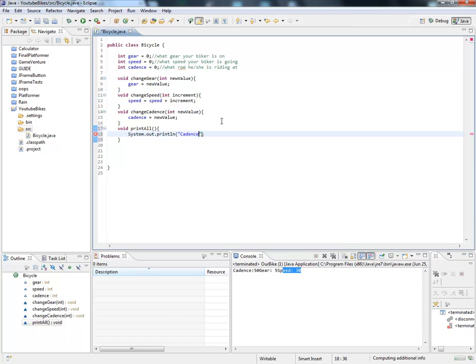We're going to do cadence. Well, actually, let's just do this in order. Gear, space, plus a gear, plus speed, plus cadence, plus cadence. And what I'm doing in here, and I hope you understand this, is we're printing out a line